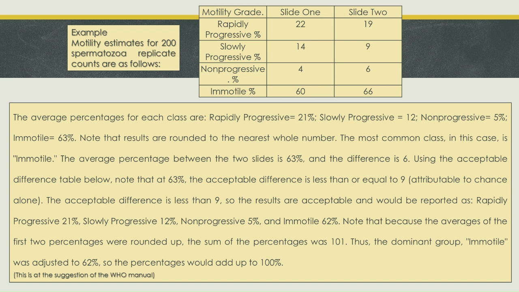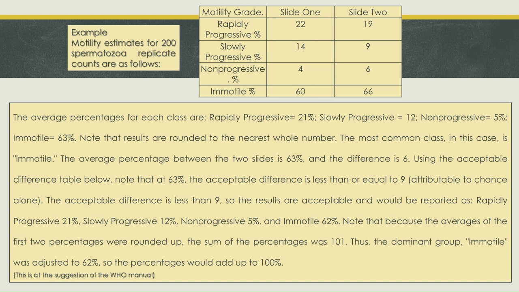Non-progressive percent, slide 1 4, slide 2 6. Amotile percent, slide 1 60, slide 2 66. The average percentages for each class are: rapidly progressive equals 21%, slowly progressive equals 12%, non-progressive equals 5%, amotile